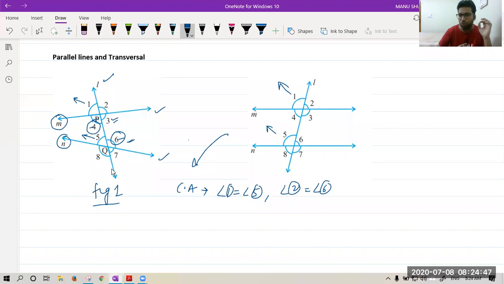Angle 4 is equal to, please tell, yes, correct beta. Angle 4 equal to angle 8. And finally, the last corresponding angles, 3 and 7, correct beta. Tanmay, correct beta. Angle 3 equal to angle 7. So we have found all the sets of corresponding angles. Now which property will we go to? The VOA we have already seen. Let's write that also. VOA is simple.